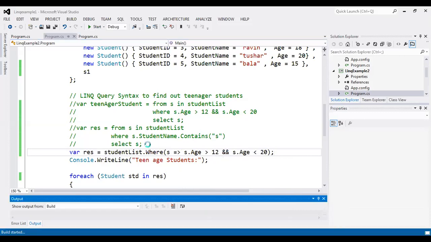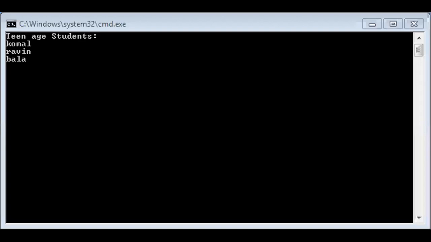Okay, let's see the output. You can see the output.